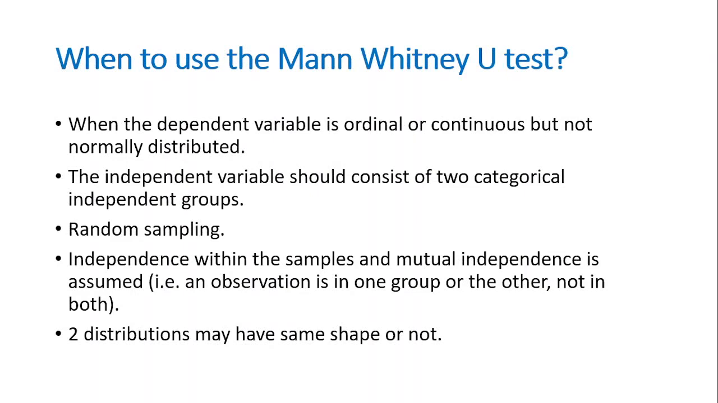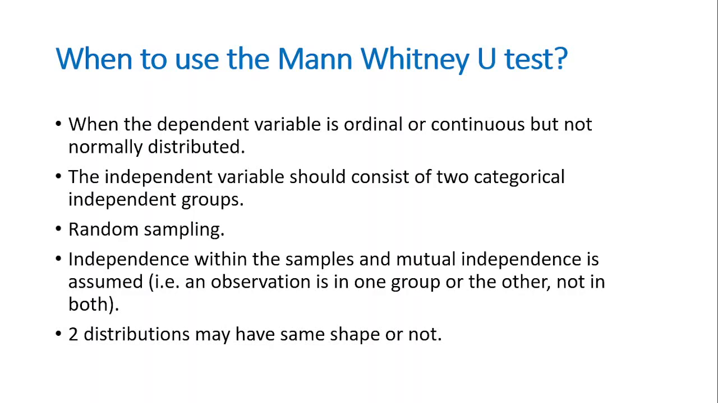When to use the Mann Whitney U test? 1. We use the Mann Whitney U test when the dependent variable is ordinal or continuous but not normally distributed. 2. When the independent variable consists of two categorical independent groups. And of course, the sampling was random from the population. And when we talk of the independent variable